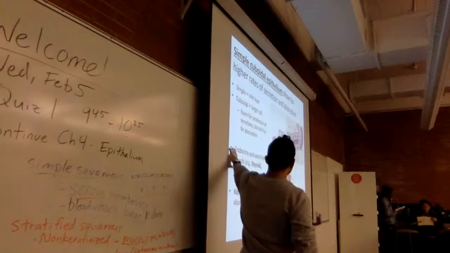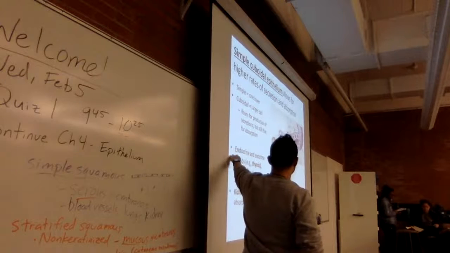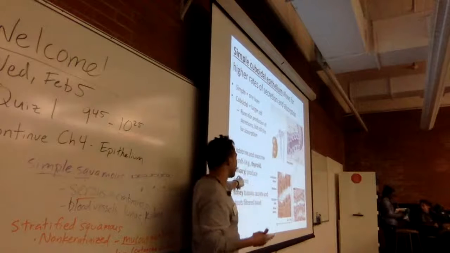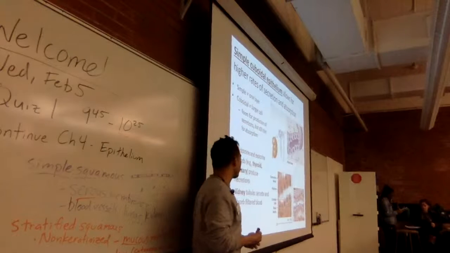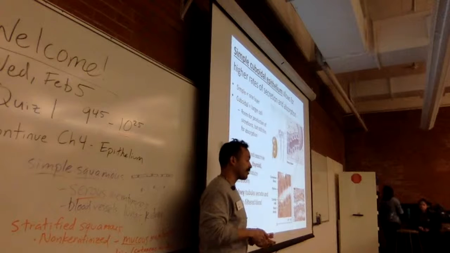So many different glands, like endocrine and exocrine glands. If you don't know what those terms mean, don't worry, we'll get to what that means later. But things that produce hormones, like the thyroid gland, things that produce secretions, like the salivary gland, they have simple cuboidal cells. For those of you that looked at the kidney, hopefully you all did,